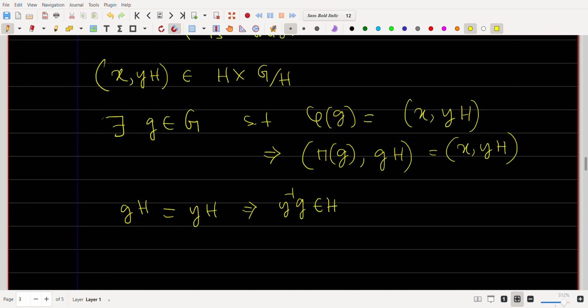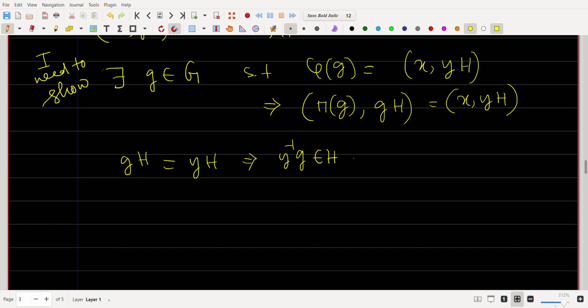So I choose an element, say x comma yH belonging to H cross G mod H. I need to show there exists a g belonging to capital G such that phi of g equal to x comma yH. If such an element exists, then what will happen? Then pi of g comma gH equal to x comma yH,